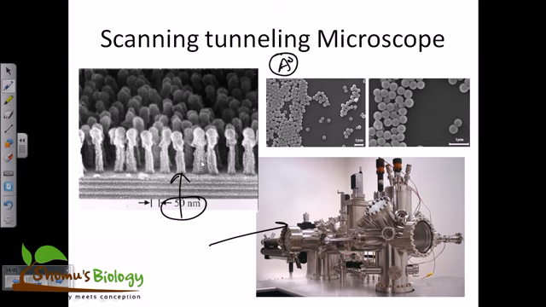It's very good. But we can use it for live imaging also. Let's say here you can see the cells, and we can also see some cilia coming out from the cell surface. So we can actually use it for different purposes. But the use of scanning tunneling microscopy is not limited to biological applications. It is vastly used in many different fields of science.